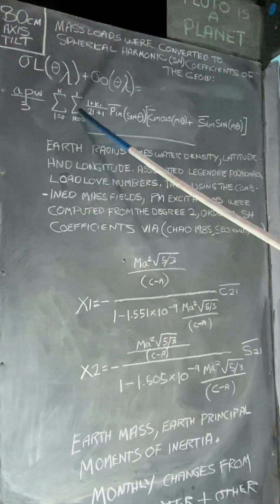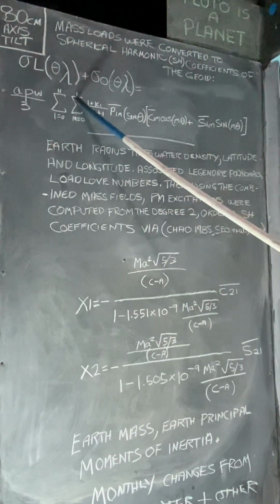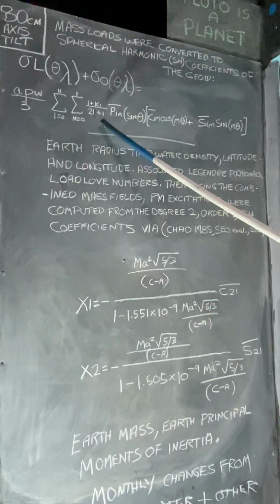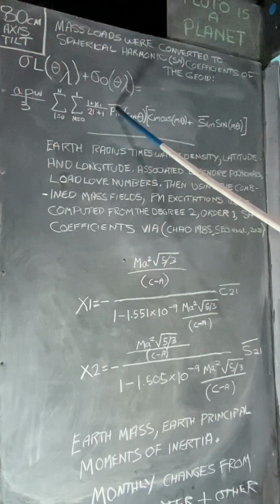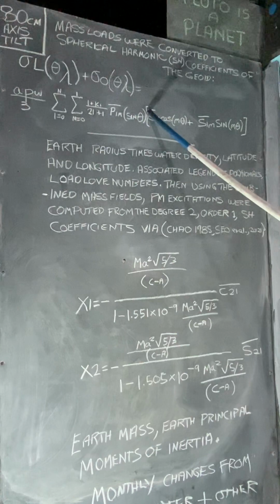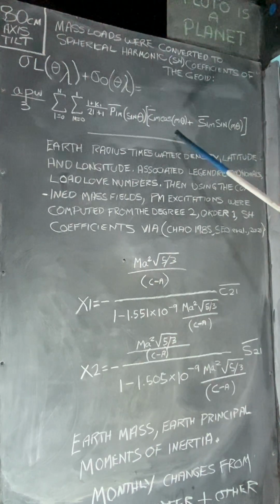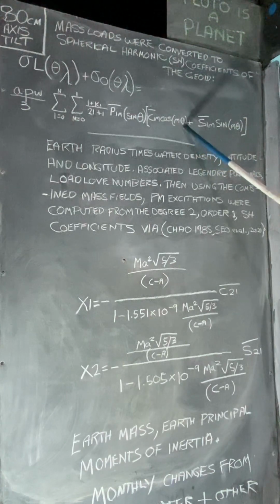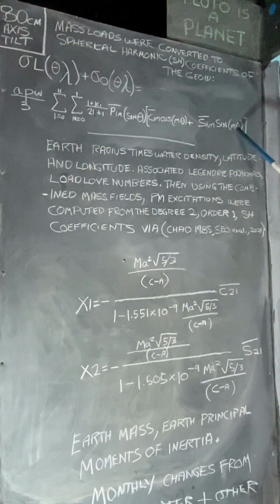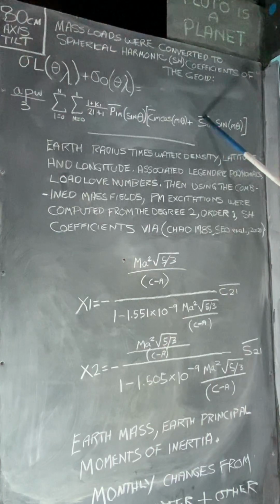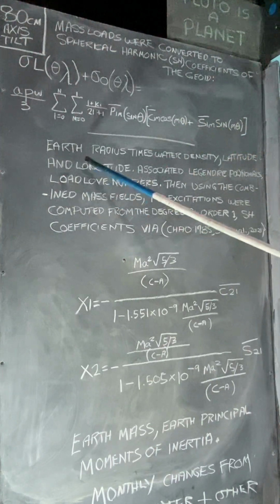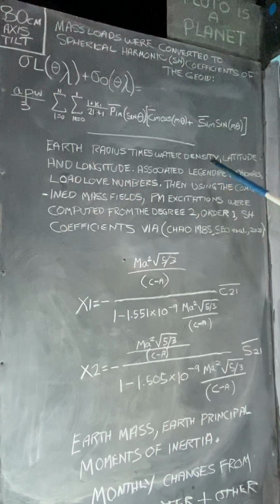Look, see again, this is probably very basic numerology in some language, but they've got these little scores. Science, I mean. They like these. Look at the equation, this is how it is. And then of course we've got Earth radius times water density, latitude and longitude, associated Legendre polynomials, Love numbers,